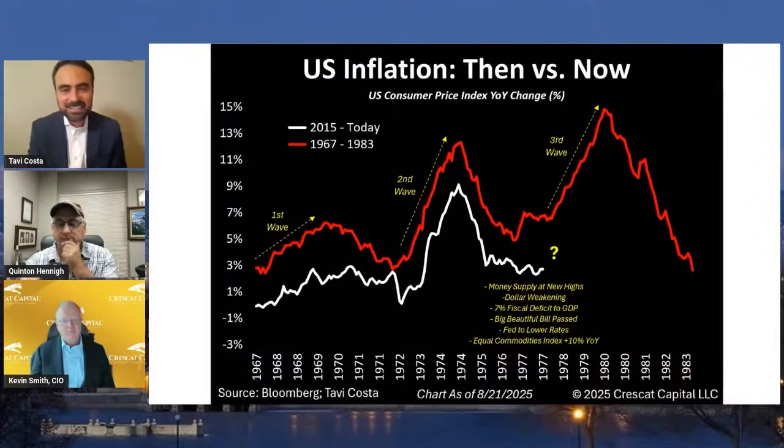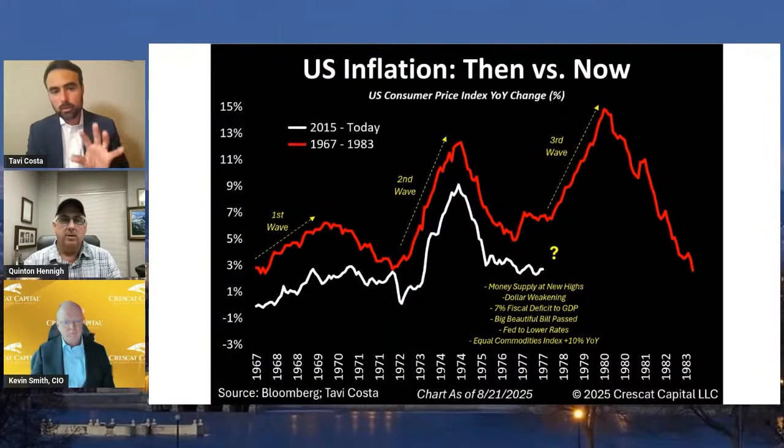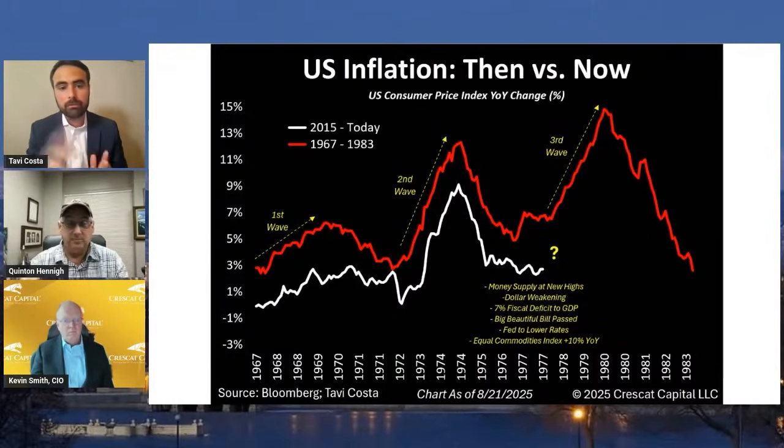It's impossible to see that type of behavior when you're spending that type of capital and flowing money into the economy to that degree. And so when I look at a chart like this, which is comparing the waves of inflation in the 1970s with inflation today, I think we're going to see something even worse than we saw back then. Here, it gives you a sense that we're in the third phase. I don't think we're in the third phase. I think we're going to see multiple phases here because of these structural problems we have in the commodities industry and some other issues that I will talk about.